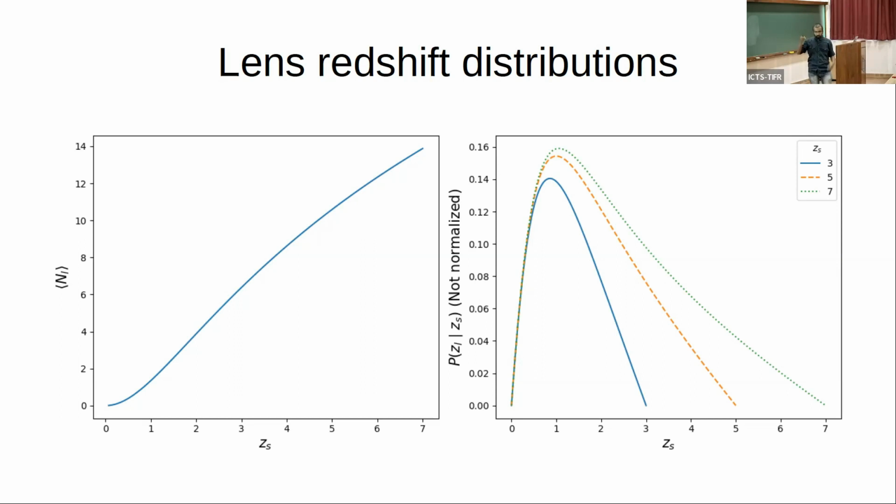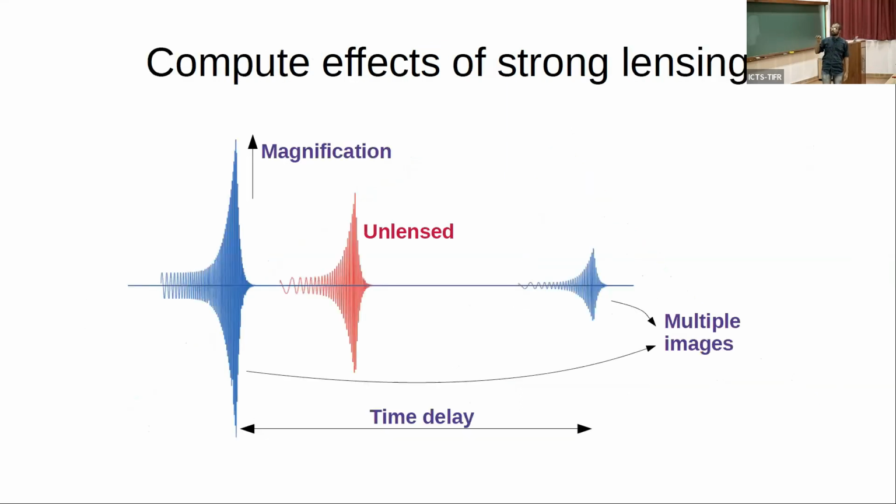So once we have put the sources and the lenses in front of them, now we have to find out what will be the effect of these lenses on the actual waveforms, which means we have to solve the problem of strong lensing. So this is a short primer on strong lensing. There are three major effects on a waveform. As I said, there are multiple images. A single unlensed waveform will be seen as multiple images. These will have a certain time delay between them, and they will be magnified with respect to the unlensed image.